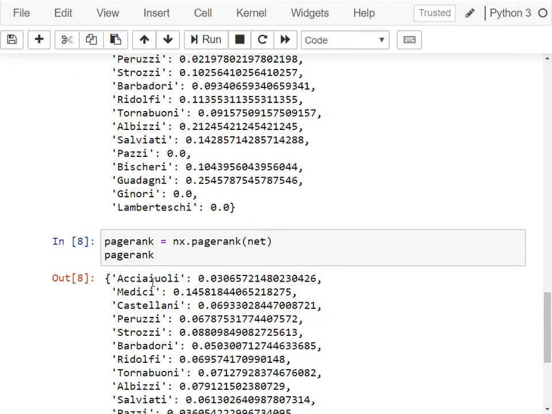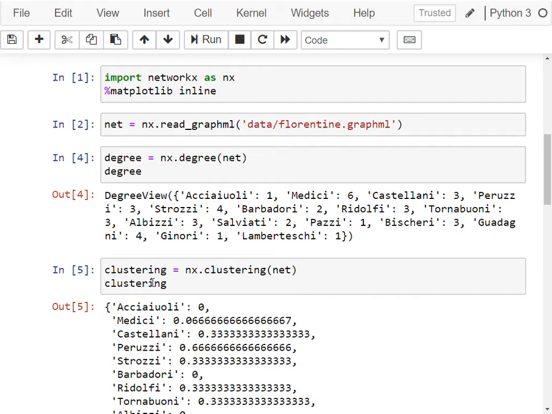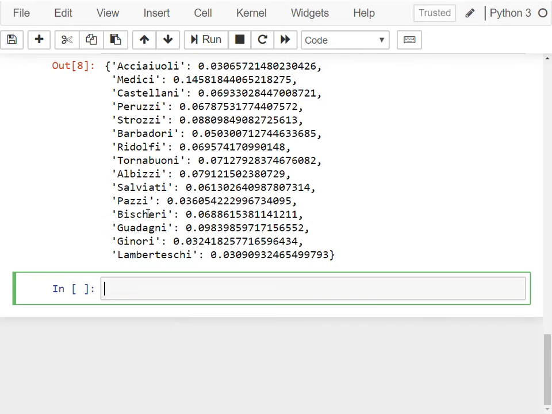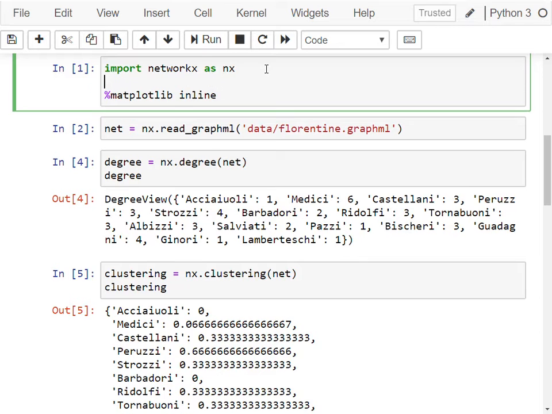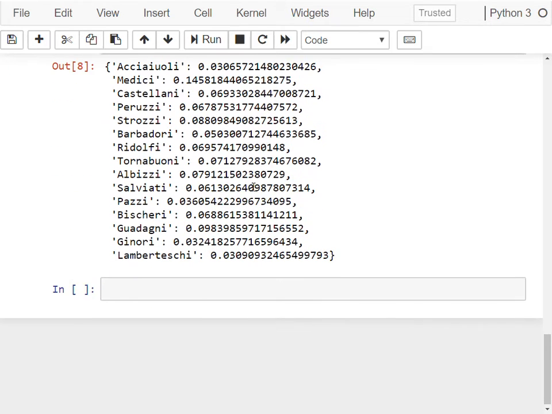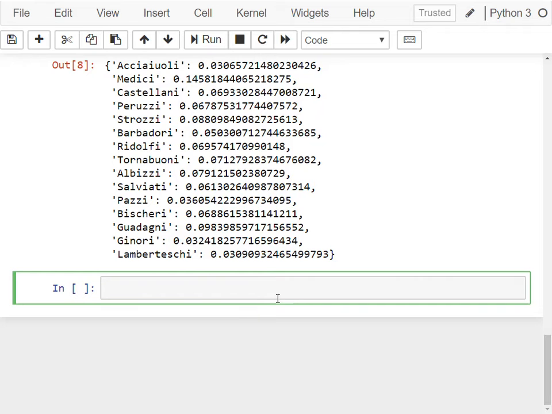So now we need to assemble all of these numbers together in a data frame so that we can analyze the data collectively. So there are multiple ways of doing it. We can create a pandas data frame. I'm calling pandas. I'm not sure if I imported pandas. I just want to double check. I need to import pandas here. And then I am going to create a data frame